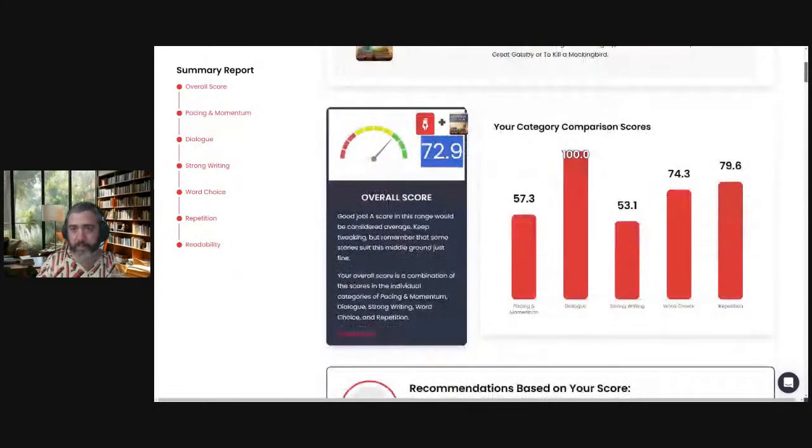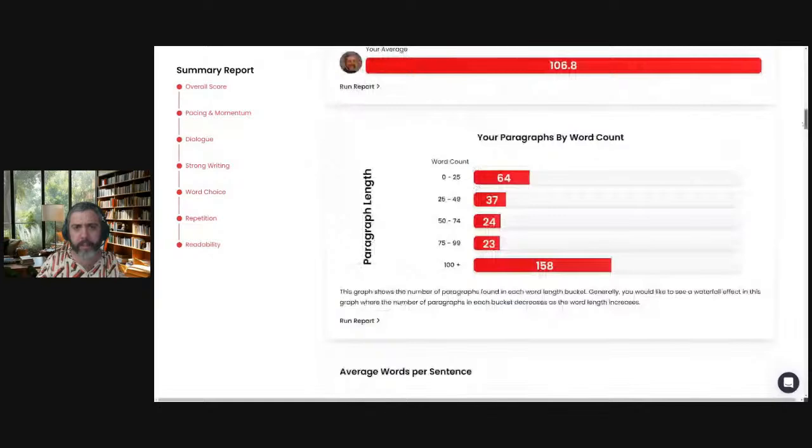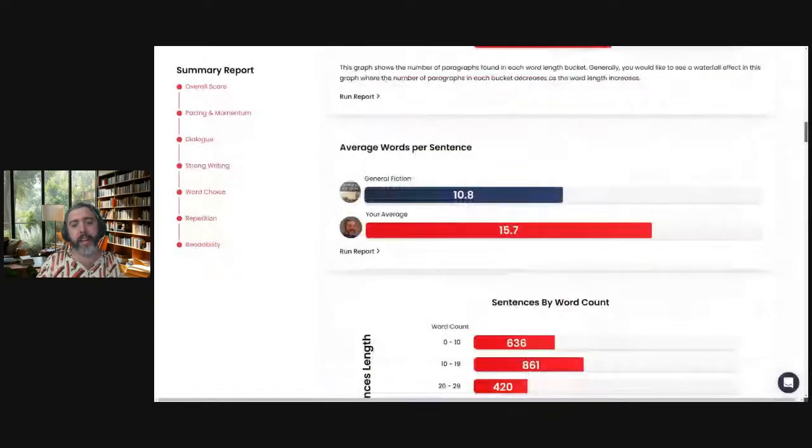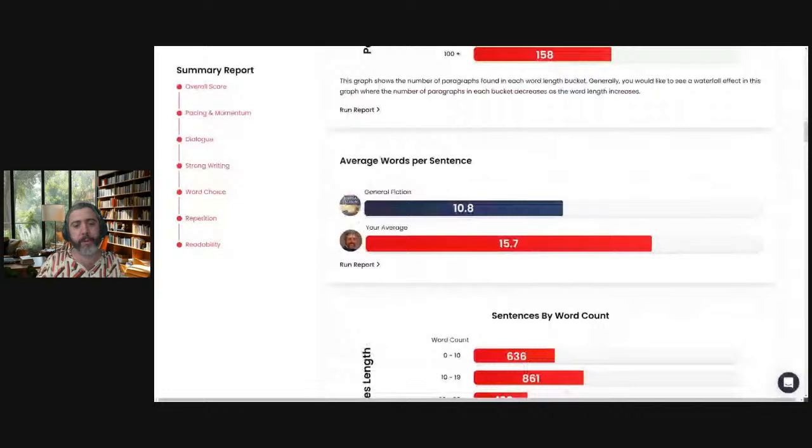All right. Let me scroll down here and look at some other things. Yeah, so you can see the average words per sentence, a whole lot higher for The Time Machine than typical, right? It's pretty bananas how much higher it is. If you think about the percentage, it doesn't seem like 5 words is very much, but 10 to 15, that's a big increase. It's not doubling, but it's a lot, and so it just feels different. And that's one reason why classic literature can feel different, because of these word choices.